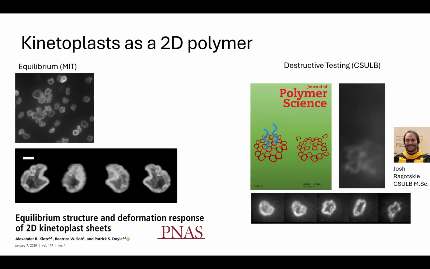And then when I started my position here, I was interested in various forms of destructive testing. So for example, if you remove 10% of the minicircles, do you change the Young's modulus by 10%? I don't know the answer to that question, but it's going in that direction, using either light or enzymes to degrade the DNA. This is actually a paper that Ryan was a co-author on.